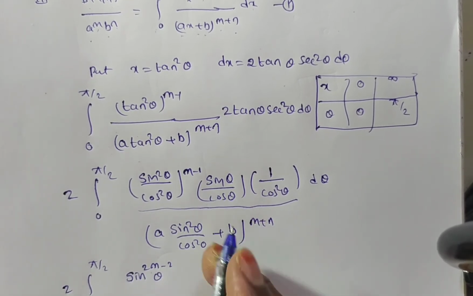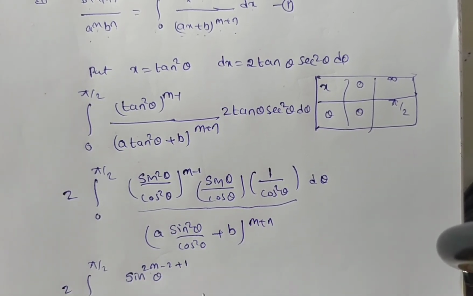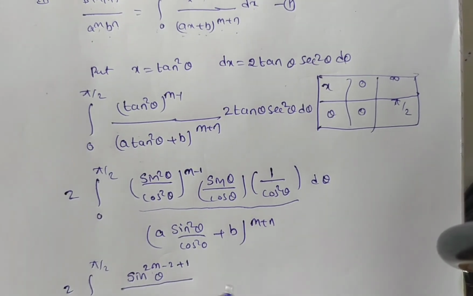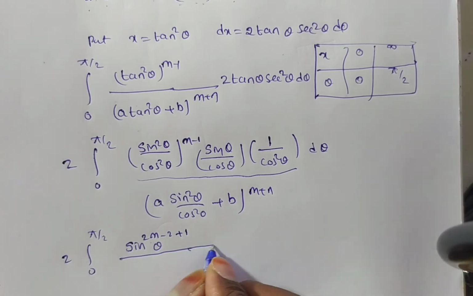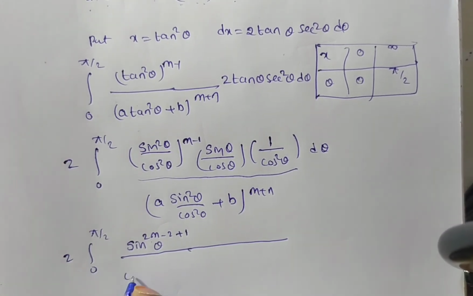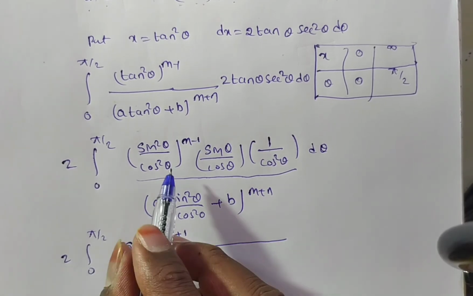Next you have a sin theta. So can I write here plus 1? Yes. And what about the denominator? Denominator is what? Cos to the power of. So the entire denominator I am writing as cos to the power of, okay, directly cos theta power